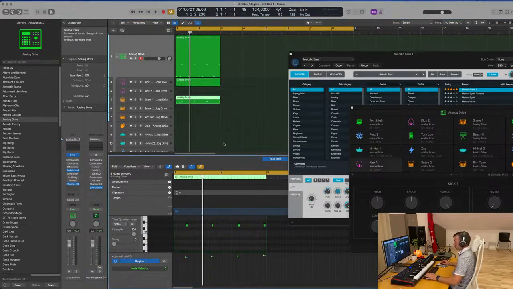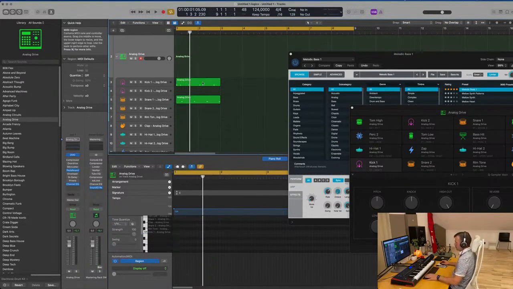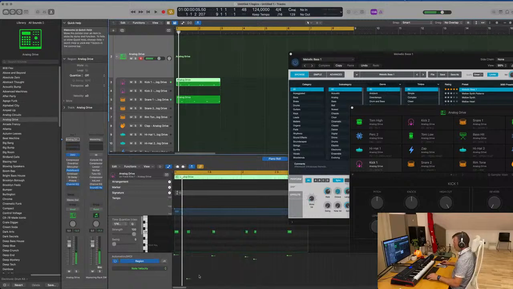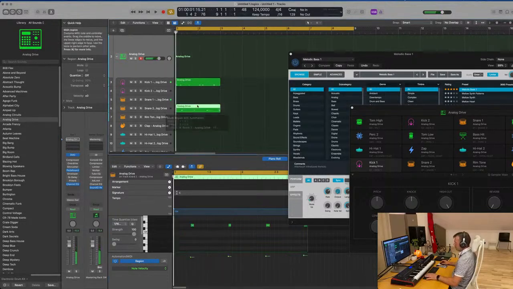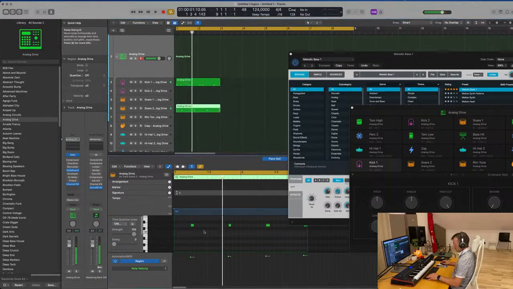I know some people put it in the sync on one MIDI track. I think personally you don't have enough control over the velocity, so the velocity I was looking for is here. I guess I got the wrong snare. And then of course